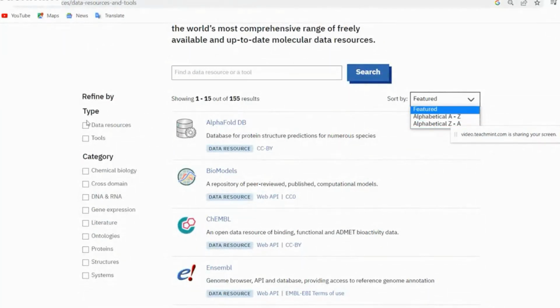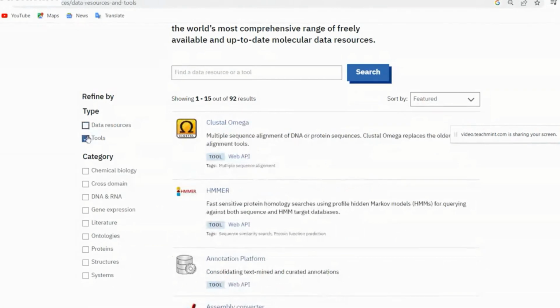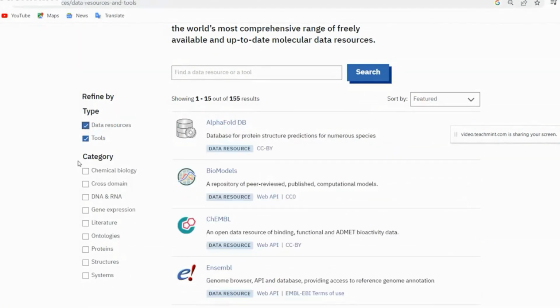Then you can refine by type. आपको डेटा रिसोर्सेज देखना है या फिर आपको टूल्स देखना है या फिर आपको दोनों देखना है, आपको सेलेक्ट कर सकते हो यहाँ पे. And here you can select the category. ठीक है, आपको डेटा रिसोर्सेज केमिकल बायोलॉजी से रिलेटेड देखना है, क्रॉस डोमेन, डीएनए, आरएनए, जीन एक्सप्रेशन, लिटरेचर ऑन system,